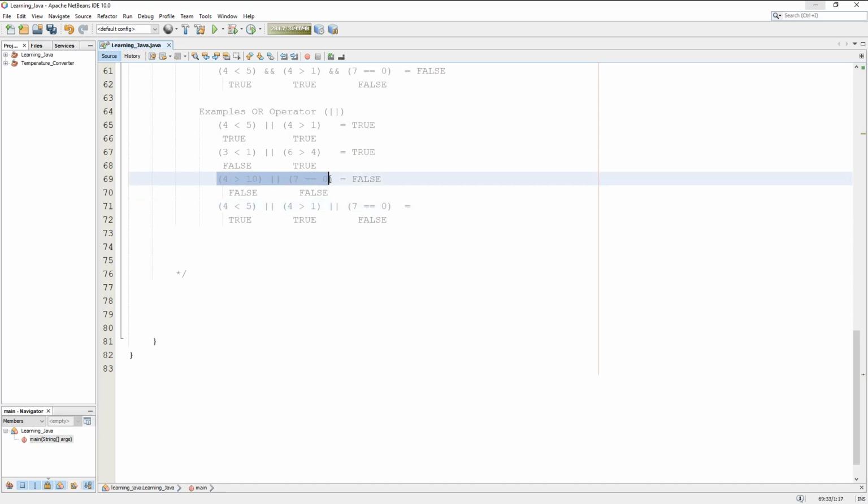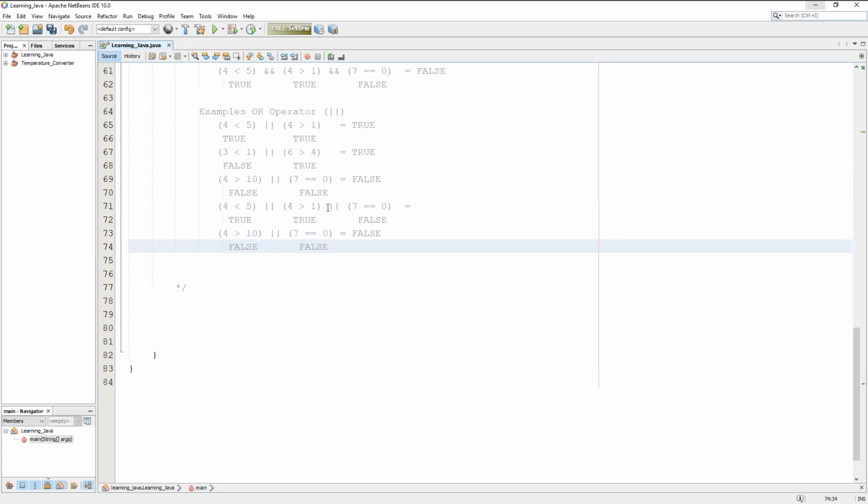Same rules would apply. If I copy this one down here for example purposes, and then copy this one over into it as well, just for educational purposes, we'll finish this. We know that this one is actually true because 4 is greater than 1. Then this statement would truly be a true statement because at least one of these operands is true. Okay, and up here, we have all falses, so this would ultimately be a false statement,